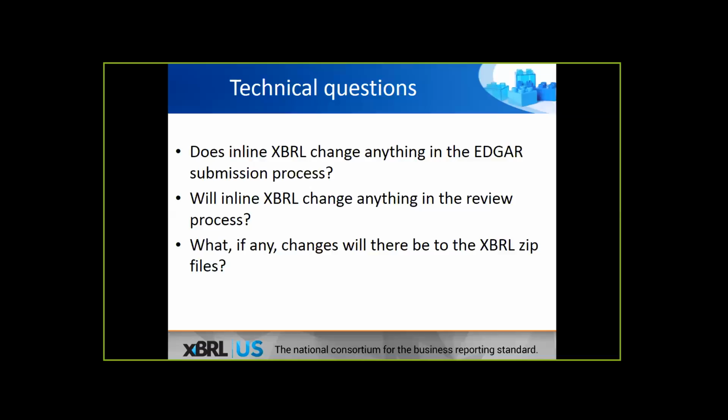So when you have an inline filing, the zip file would contain the original .htm file, which is the inline file, and the supporting taxonomy and link-based files. It will not contain the extracted instance document. The extracted instance document is available on the website in the way that I described before. That does not go into the zip file. Yep.